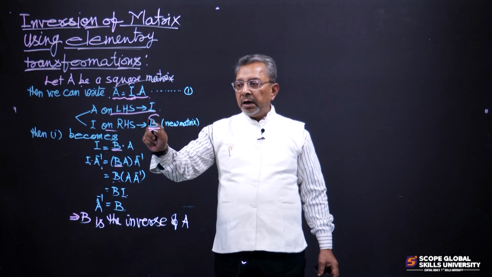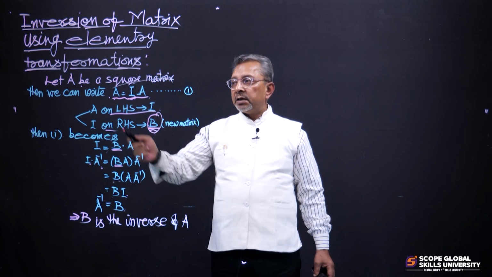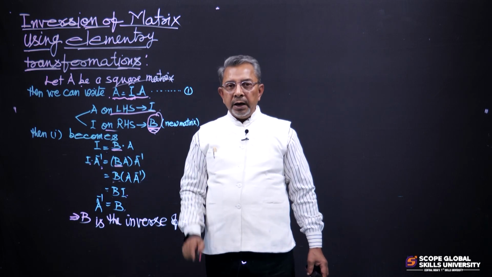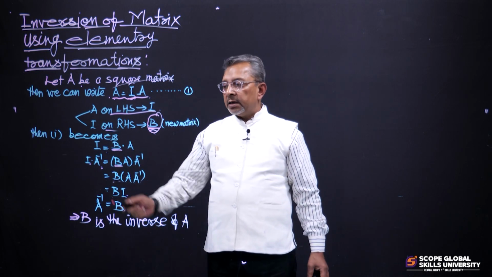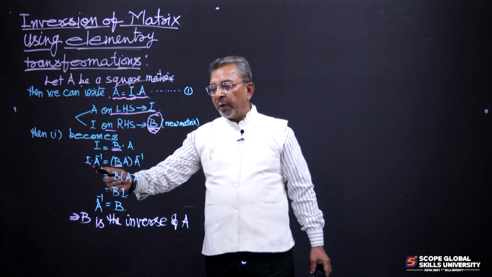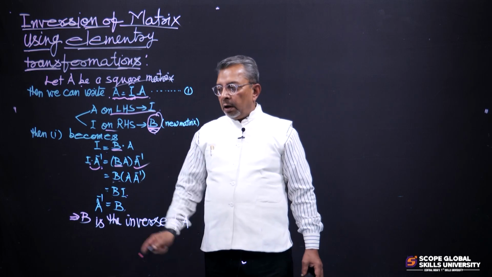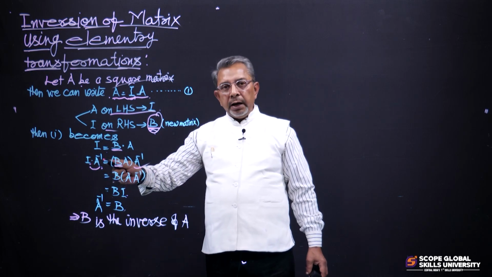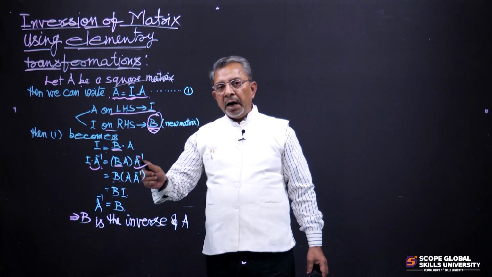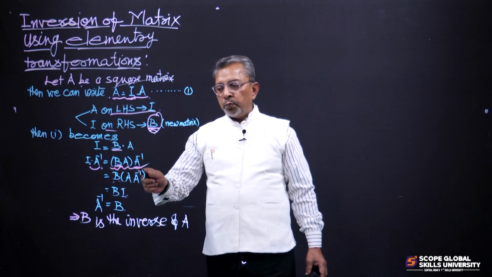Suppose I am representing this by B. In this way, relation number 1 becomes I is equal to BA. In this identity, if we post multiply both sides by A inverse, we get I multiplied by A inverse, which is equal to BA multiplied by A inverse, and utilizing the associative property